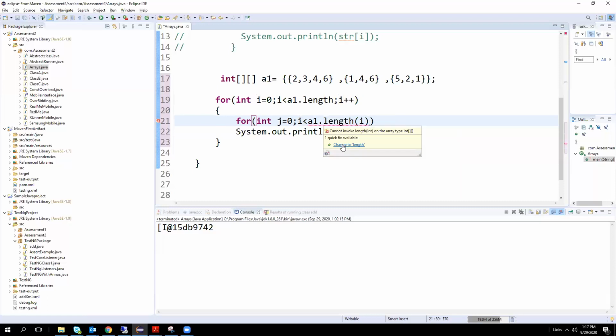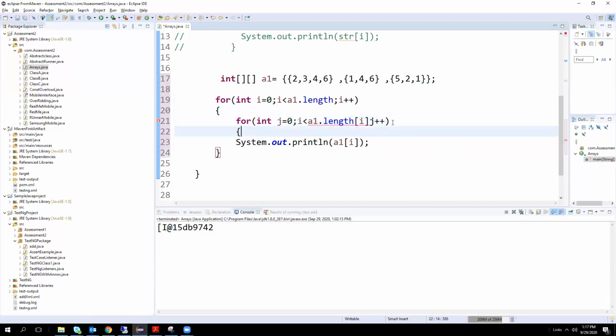Then it will not give an error. j++. After i, you have to give the semicolon.